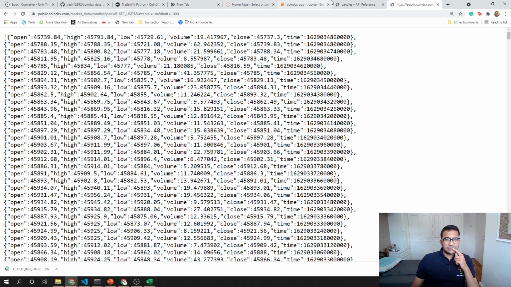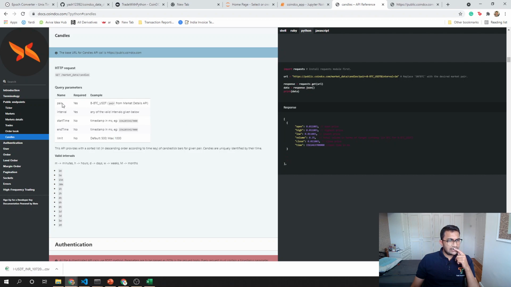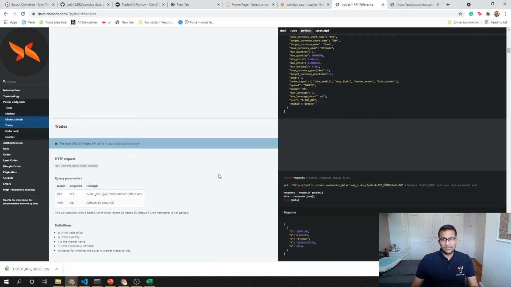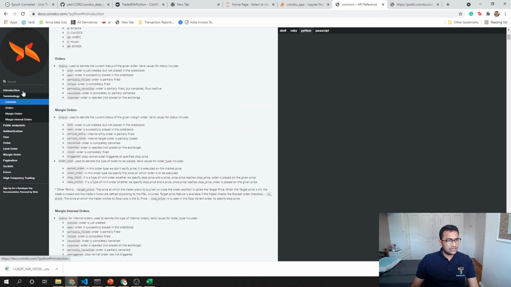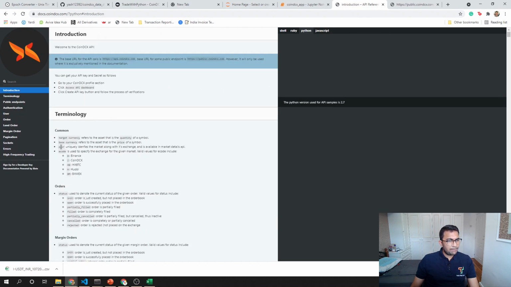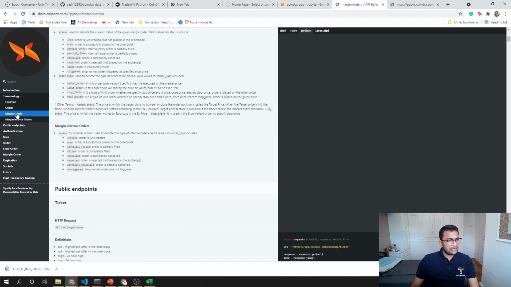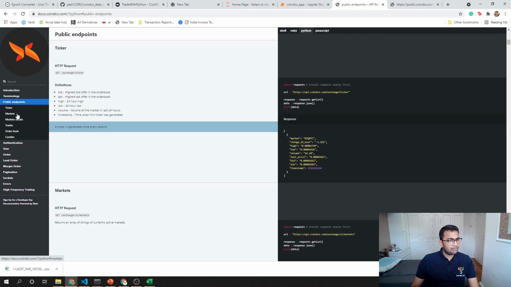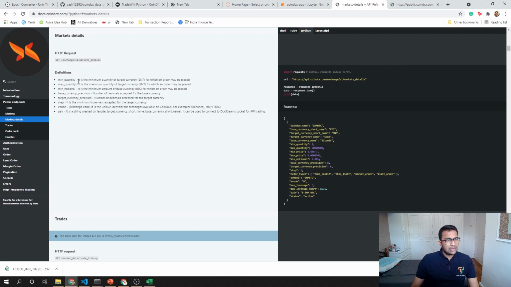So in the candles reference, basically how to construct this pair. If I go to the very top, in the introduction section, you see the pair uniquely identifies the market along with its exchange and is available in the market details API. So if I go to market details API in public endpoint, market details, and if I capture this point,